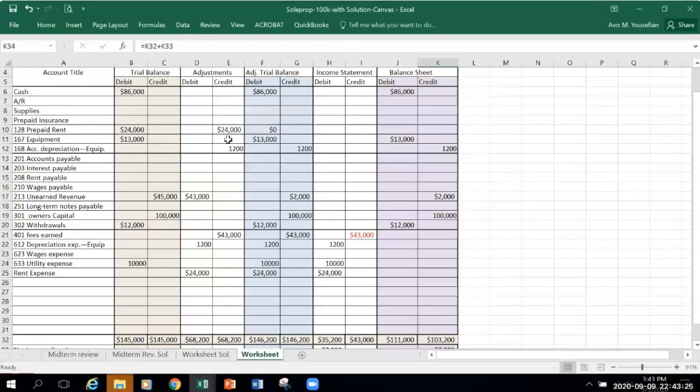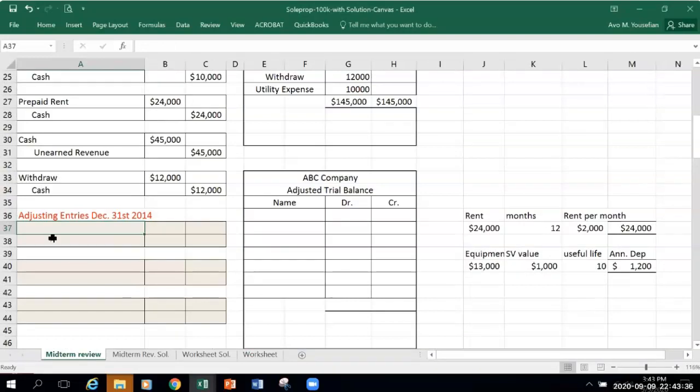Okay, I suggested that prepaid rent should be credited 24,000 and rent expense should be debited 24,000. Doesn't matter which one you do first. So rent expense, it's a debit. Watch carefully what I'm doing because you're going to do the same thing. Rent expense equals, you go to the worksheet,